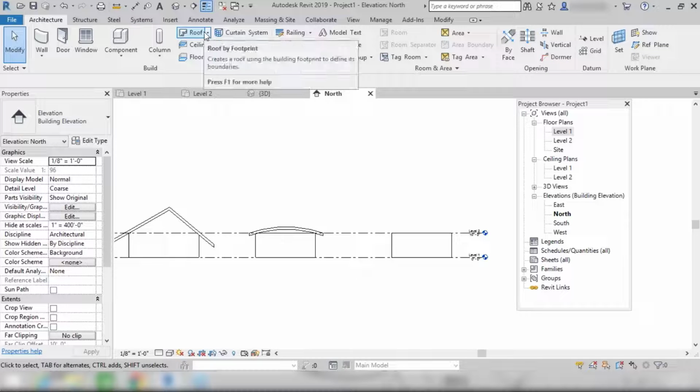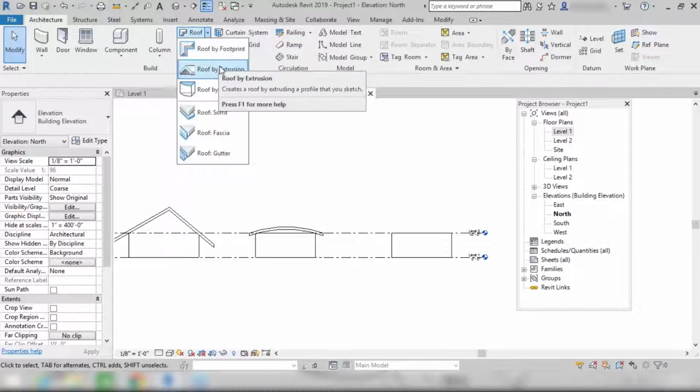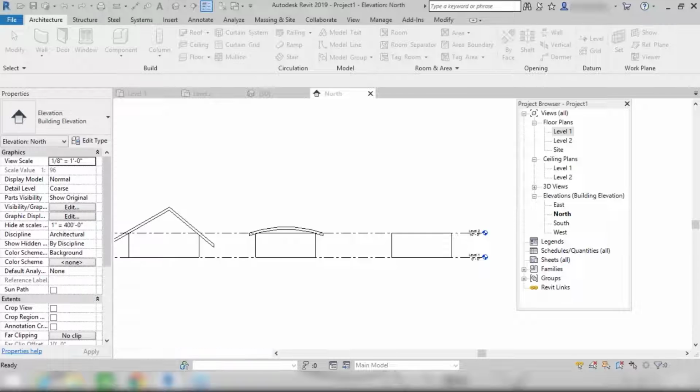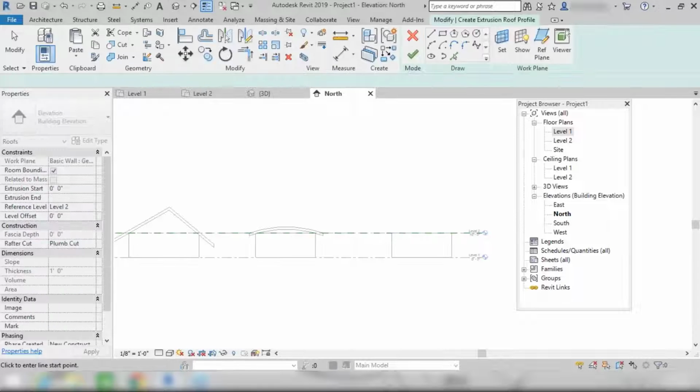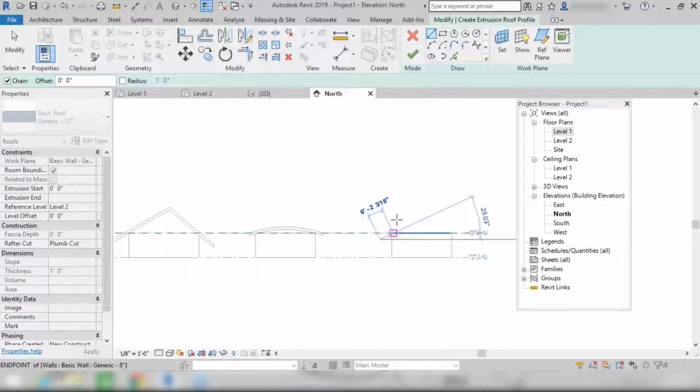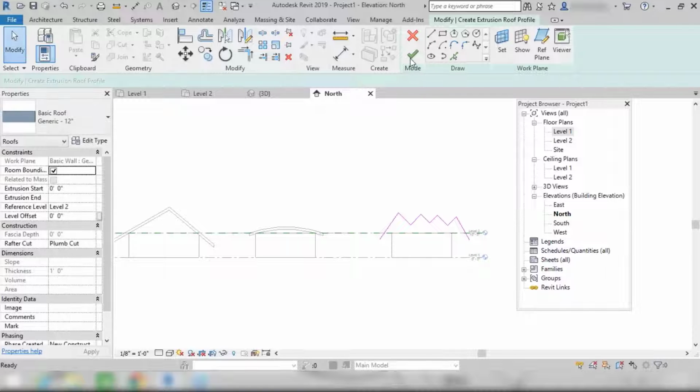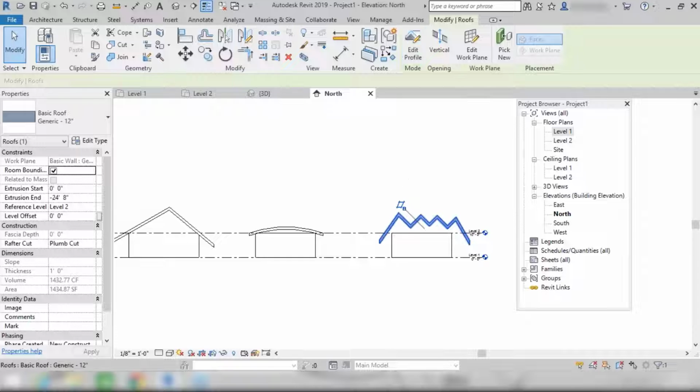So in this way, you can create such type of roof, right? So let's suppose any other geometry you want to create. So here again, this roof by extrusion, right? Pick a plane. So let's say this is the plane. Okay, and here you can choose line. So let's suppose I want to create a different geometry like this. So you can create any geometry, right, like this, and close it here.